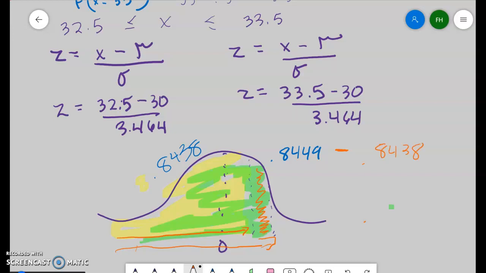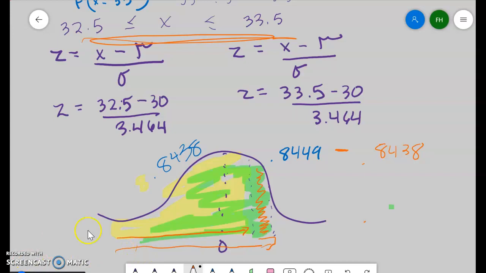So basically, when you have an interval and you want to know in between, you take the largest and you subtract out the smallest. Let me say that again. When we want to know the probability between two values, you take the larger probability and subtract the smaller. And when you do that, you get,